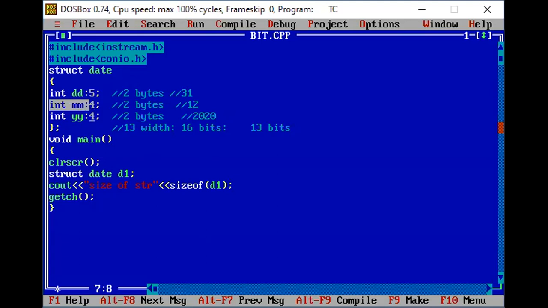I'm just including the integer size which is with the day, that is of 16 bits. That's why my answer is 2 here. This is the concept of your bit level field. That means if you define the width, you may use the space of the previous defined data type.